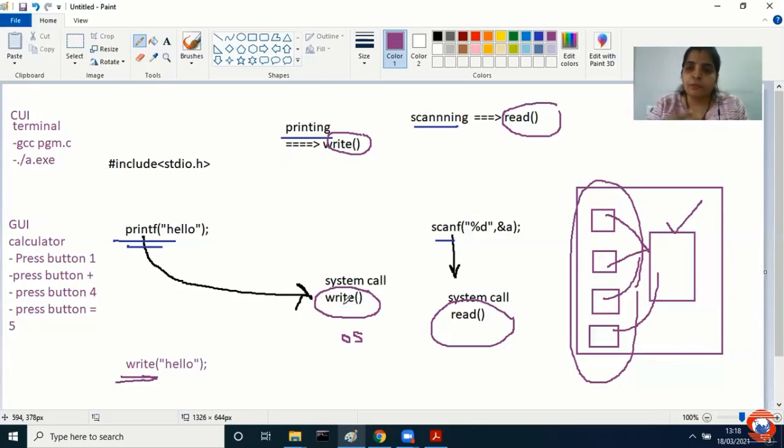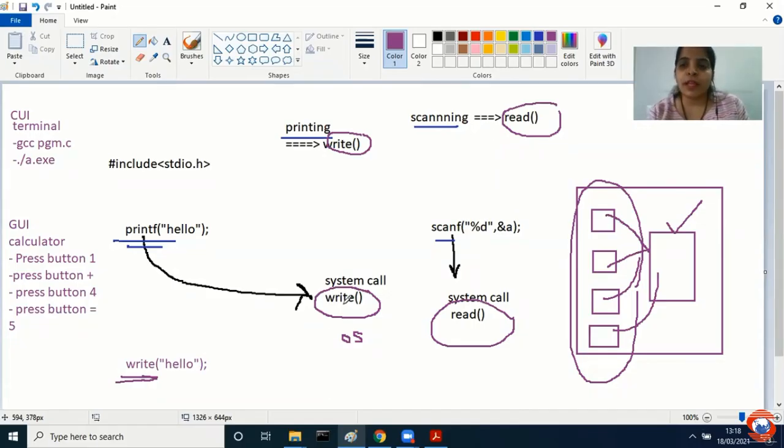So can I say printf is one function which I have written in VS Code? Yes. So can I say at this point, the printf function is acting as an application program interface for giving a call to the write function?